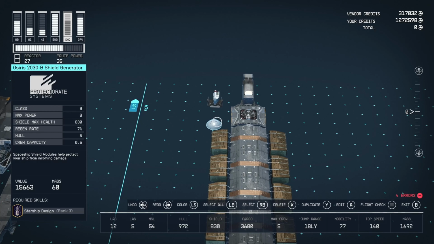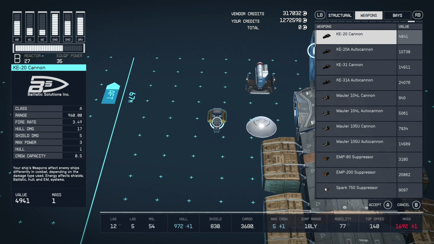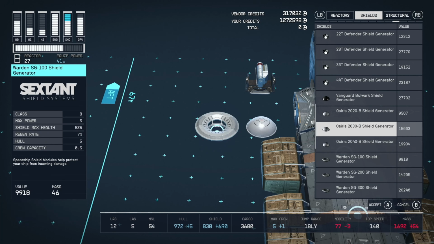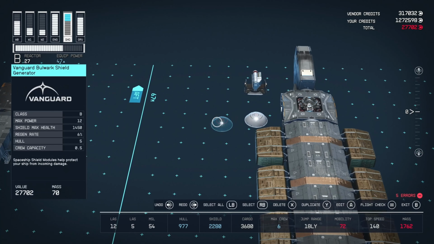And then we have the Osiris 2030B shield generator from Protectorate Systems. B class, 8 power, 830 shield. Now, I'm going to recommend immediately this shield here, Vanguard Bulwark Shield. Pretty much the best B-class shield in the game in terms of the fact that it costs not too much. Like, it does cost a bit, but it requires no perks, so